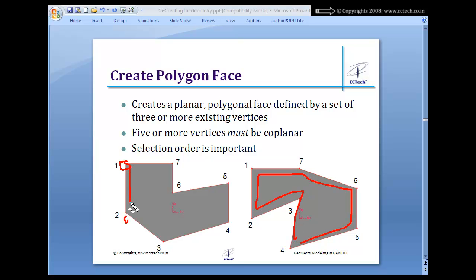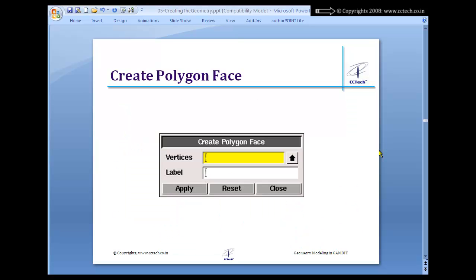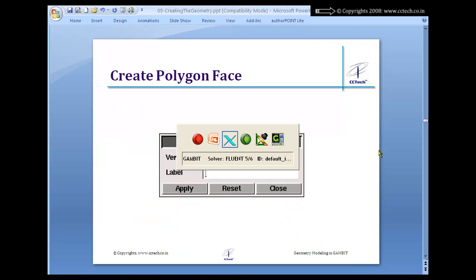The sequence of edge creation is same as the sequence of the vertices that you have selected, and again the geometry of that will be based on the sequence of the edge creation. So this is the face, polygonal face. What you have to give is just the vertices. So again